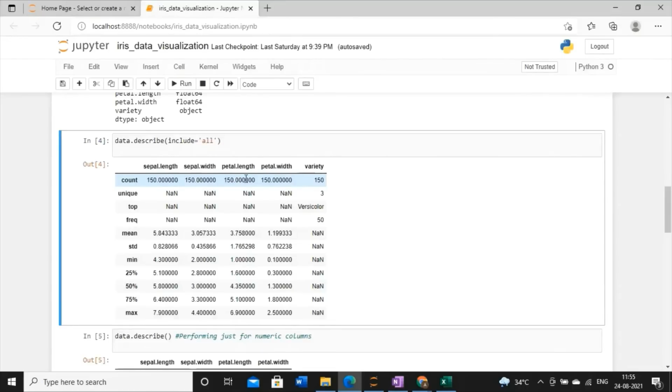So 150, 150 and 150, and the last column is of type object, so that's why it is showing 150 as a whole number. Then it shows unique statistics, and whether there exists any NaN value or not. What is this NaN value? I will explain just after this. Then it gives us the mean, standard deviation, and also there is some concept like 25%, 50% and 75%. Now I am going to explain this.